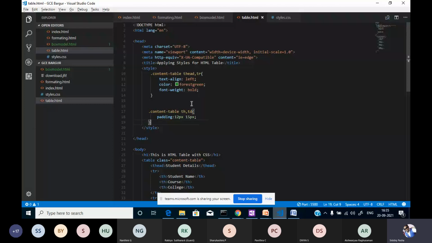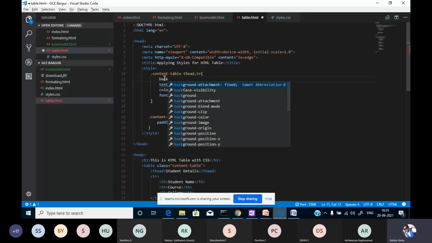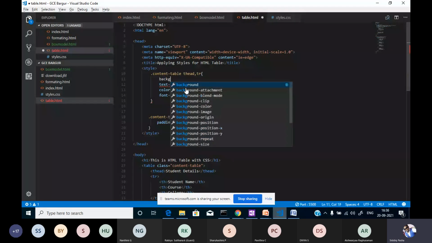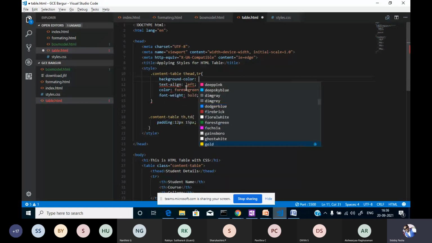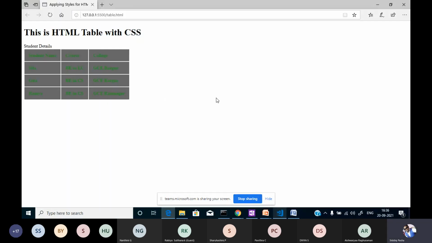If you want a background color, we can assign a background color for these values. I'm applying the background color for each and every row. We can use any background color. Let it be gray, dim gray. Yes, this is the background color, and the border is assigned over here.